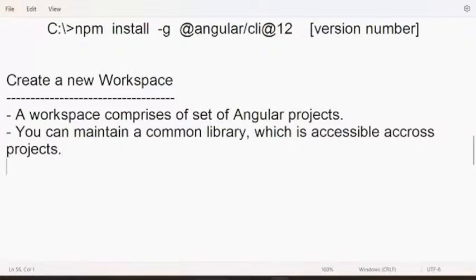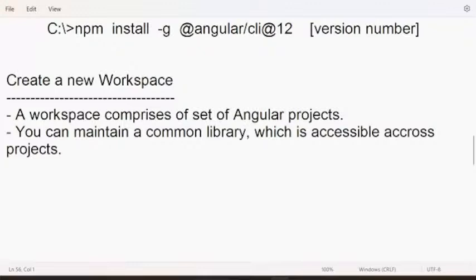So a workspace comprises of a set of Angular projects. You can maintain a common library which is accessible across projects.